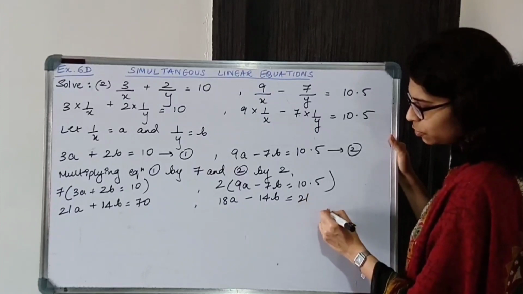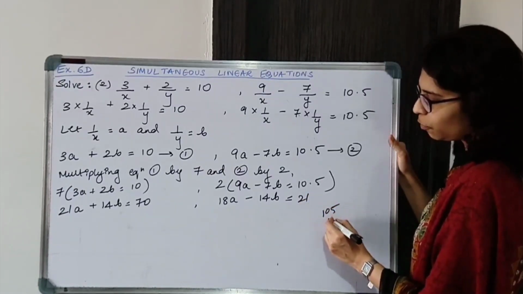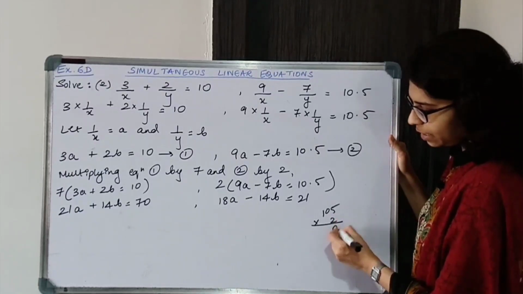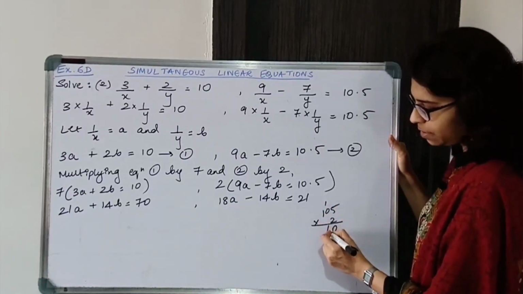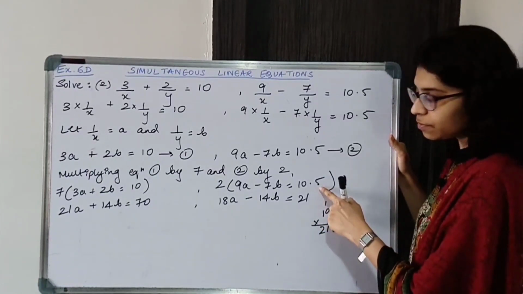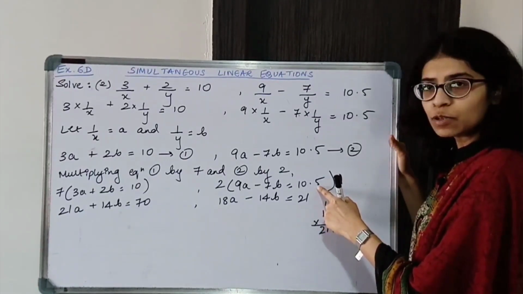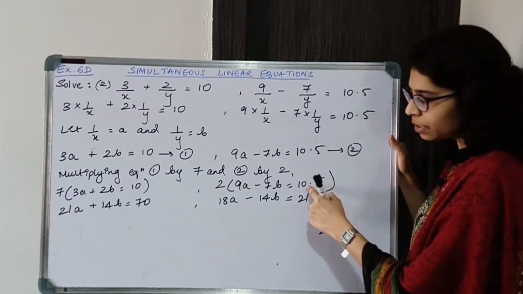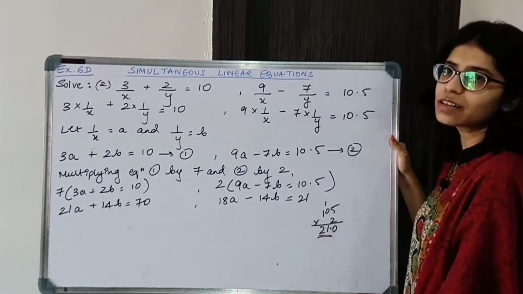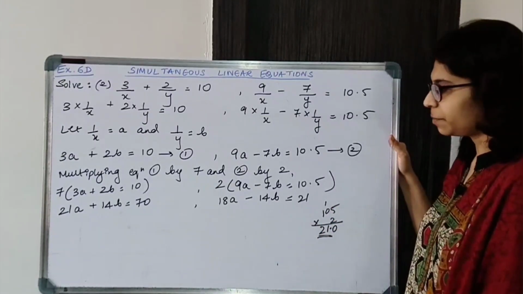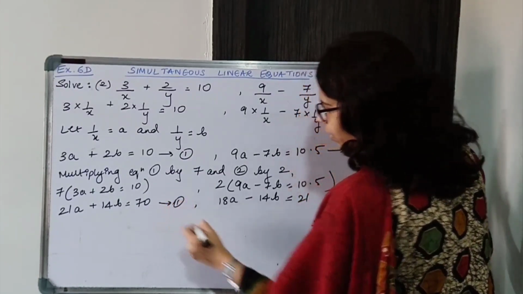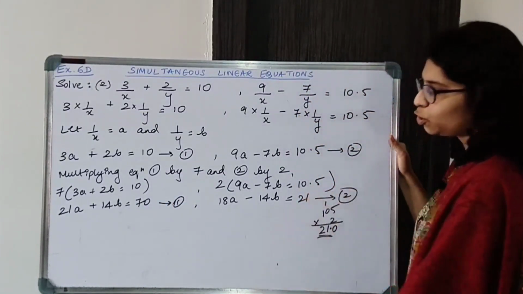Okay, you can just check. Forget the decimal point for once and multiply by 2. So 2 fives are 10, 2 zeros are 0, 1 and 2 ones are 2. Then put the decimal point. From the right-hand side, there is a decimal point after one number. So put the decimal point after one number. 21 is the answer. 21.0 is nothing but 21. Okay, so mark this as 1 and mark this as 2.